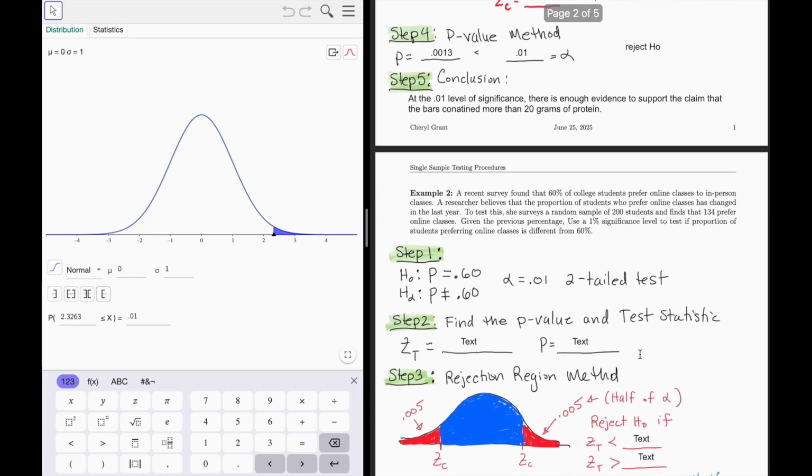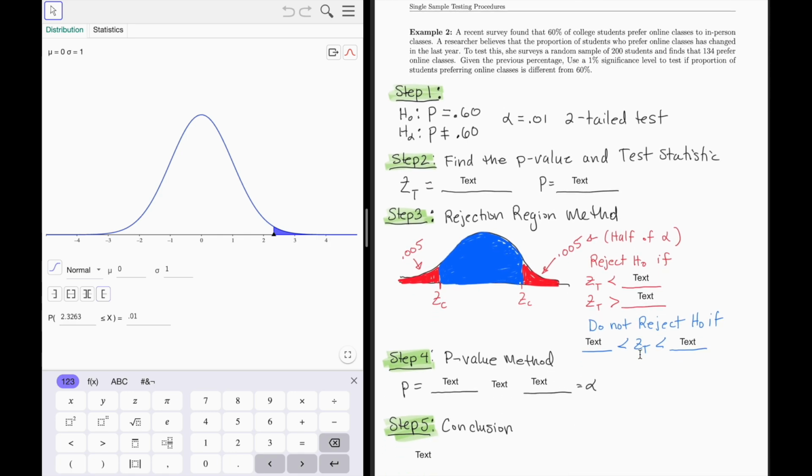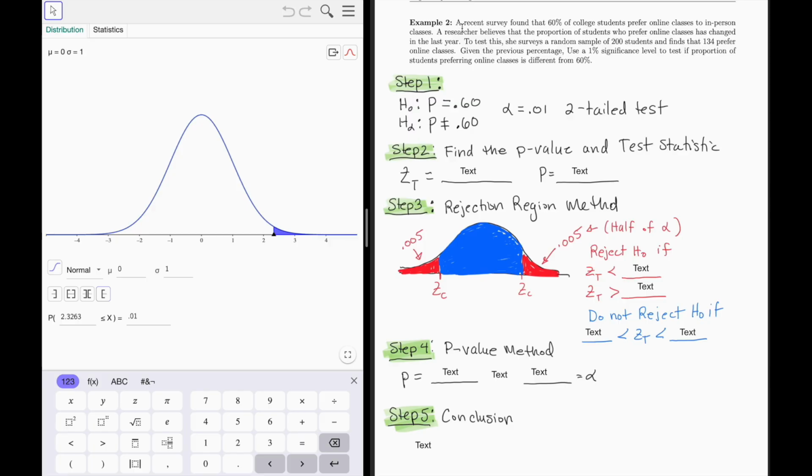Okay, let's look at example 2. Example 2 says, a recent survey found that 60% of college students prefer online classes to in-person classes. A researcher believes that the proportion of students who prefer online classes has changed in the last year. To test this, she surveys a random sample of 200 students and finds that 134 prefer online classes. Given the previous percentage, use a 1% significance level to test if the proportion of students preferring online classes is